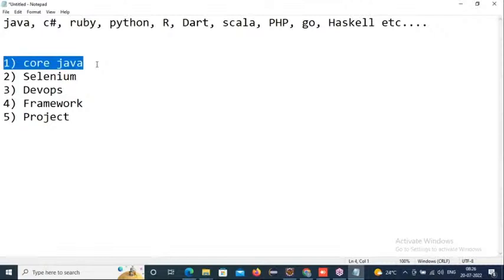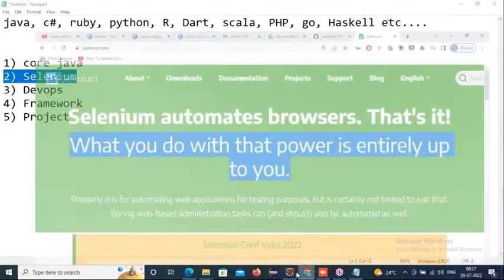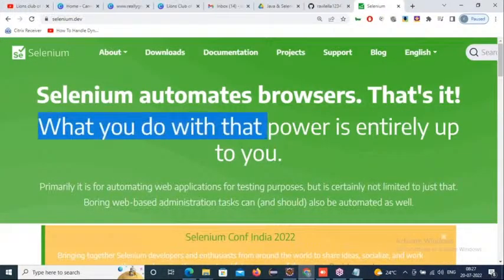Each and every concept I have delivered right now, you will have knowledge of it. After completing Java, we'll go with Selenium, because what to do, when to do, how to do: if you don't know the concepts of core Java, how can you build that? The banner clearly says that what you do with that power is entirely up to you. The power is nothing but